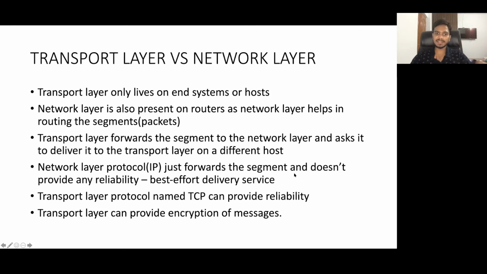So what actually happens is that the IP protocol is there in the network layer. The transport layer has given the segment to the network layer to deliver to the destination, but the IP layer will make its best effort, it will try its best to deliver it. But the network layer, or the IP protocol, does not guarantee that the message will be delivered to the destination. It will try its best effort, but it's not guaranteed. But in the transport layer, if you are using the TCP protocol to send a message, it will be delivered to the destination.